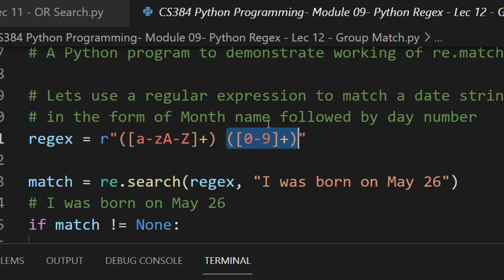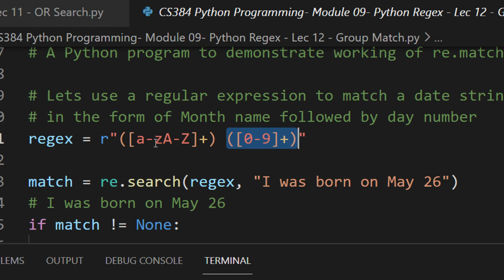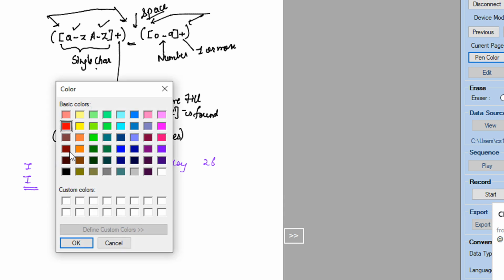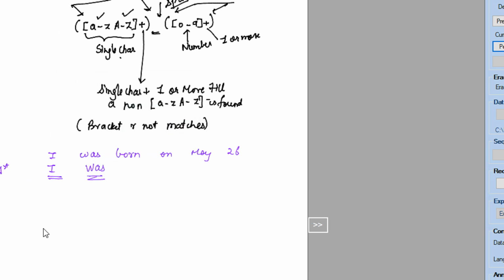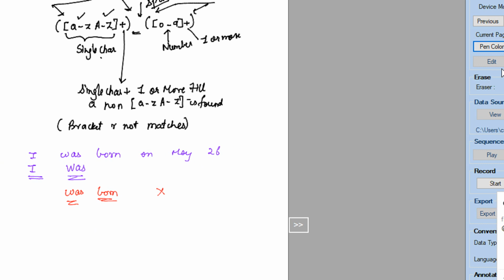Now what happens in the second iteration? We require a word followed by a number. Let me change the pen color. In the next iteration I will again match was born. So again not a match, because a word is there but not followed by a number.